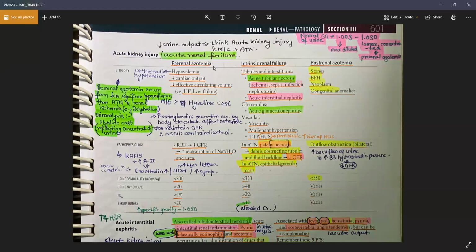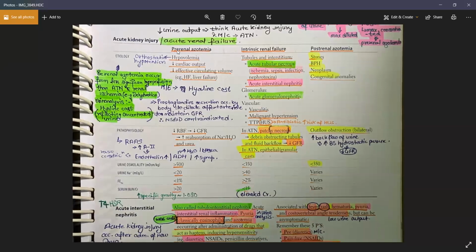Your kidneys are dying because of that, right? So first you have prerenal azotemia, second you have intrinsic renal failure, and third you have postrenal azotemia. Now, as the name suggests, the pathology in prerenal azotemia always lies pre-renally. You are having azotemia or kidney failure, with a high level of BUN or uremia, because of damage that is happening proximal to the kidney. Okay, and because of this damage, the kidneys are also suffering. It can happen because of hypovolemia, low cardiac output, or heart failure.